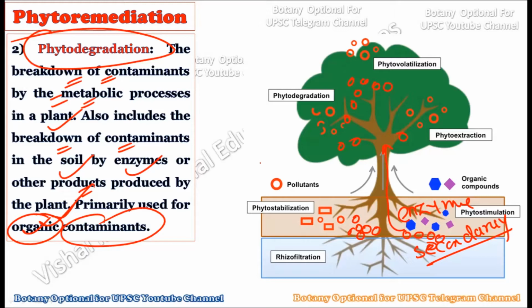and this particular phytodegradation process will extract all the organic chemical compounds which are present within the soil, and once they are present within the plant body, they can be degraded literally. Or the second method is that the plant can produce enzymes, or it may produce secondary metabolites, and these secondary metabolites or enzymes can degrade these organic contaminants in the soil as well. So the second method we are using for the phytoremediation is the phytodegradation.